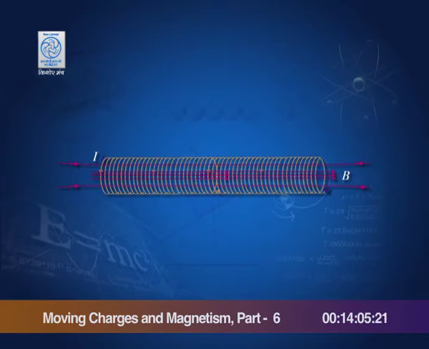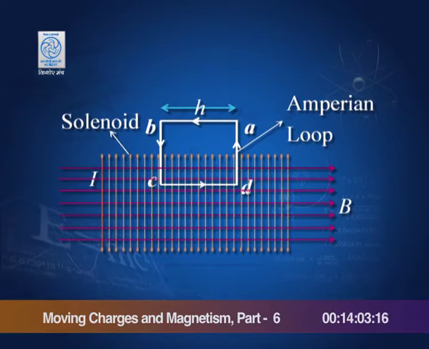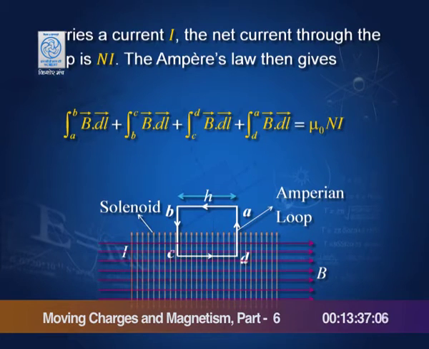We shall assume that. And then we draw an Amperean loop. This side has length h, this side is of length AD and BC, and CD is of length h. And this is the solenoid. I am showing the loops, and each loop carries current I. And we have already seen that the magnetic field must be along the axis. So, we take that structure, and now I take this loop and apply Ampere's law,